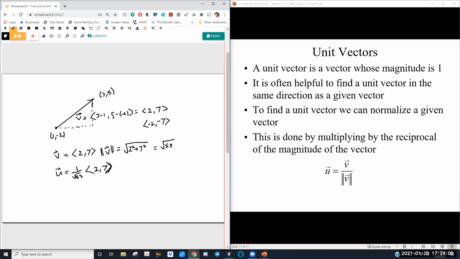All right? Now, here's something that's really cool about this. If I wanted a vector that had a magnitude of 10 that pointed in the same direction as this vector, all I got to do is multiply my unit vector by 10. And I'm guaranteed that that will have a magnitude of 10. All right, so that's one of the advantages of unit vectors. We can keep the direction and give any magnitude we want. Okay, that was what I wanted. Those were the highlights that I wanted to hit.